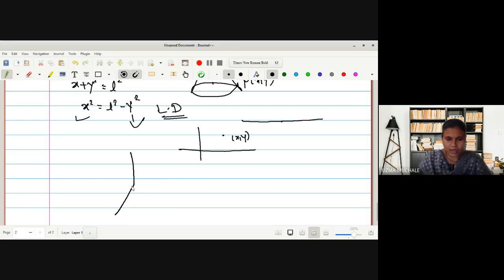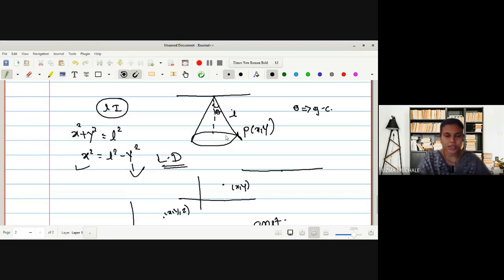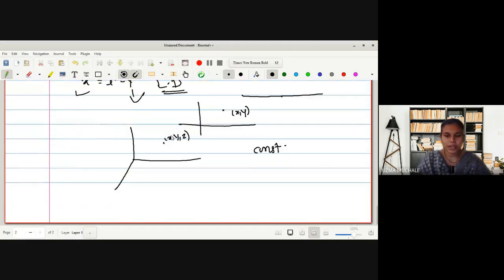So if we are in a 3D space, how many coordinates do we require? X, Y and Z, without any restriction, right? Because suppose some constraints or limitations are given, for example x square plus y square is equal to L square. A limitation or geometric restriction is called a constraint. So if you have constraints, it may change.